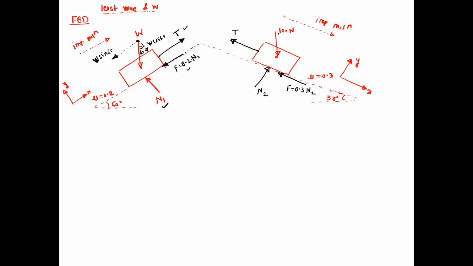Okay. So similarly resolve this 100 Newton. This angle is 30 degree. So draw a parallel line to the reference x-axis or to the plane and draw a perpendicular line. So this angle is 30 degree. So the angle of the y component will be 30 degree. So here the x component will be 100 cos 30, sorry, 100 sin 30. And this y component is 100 cos 30. So now use the conditions of equilibrium.